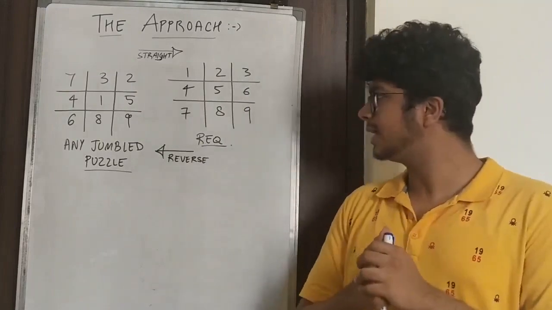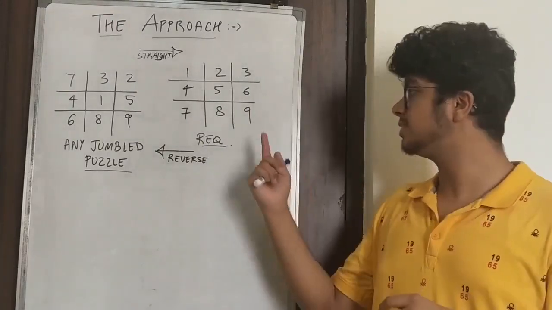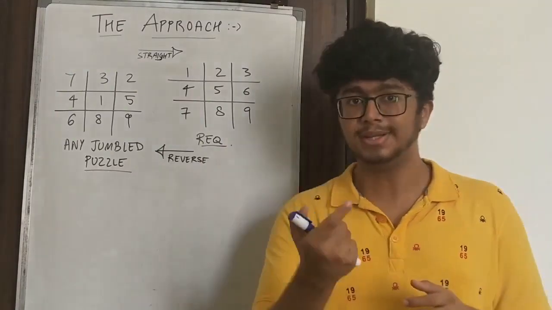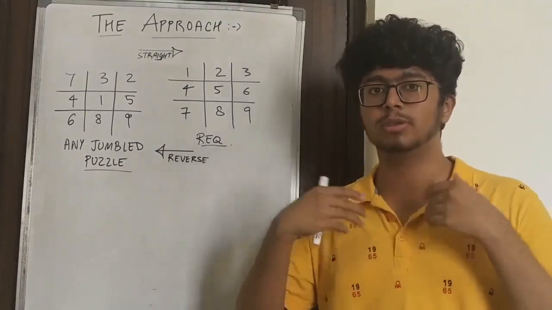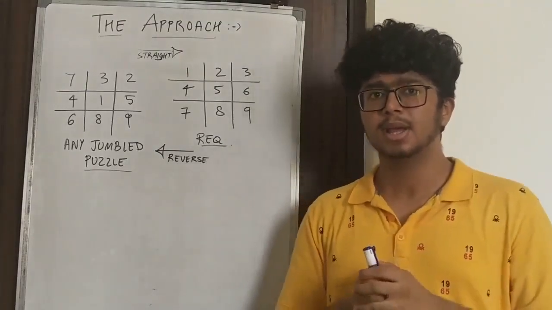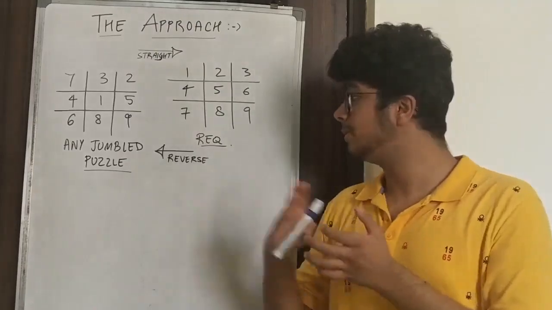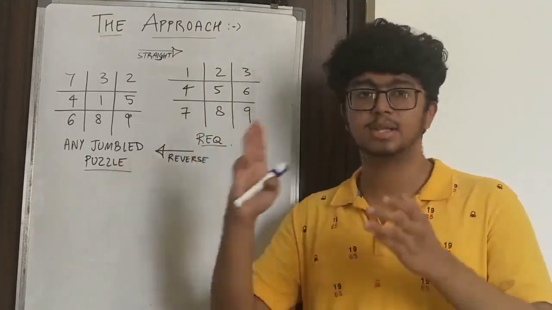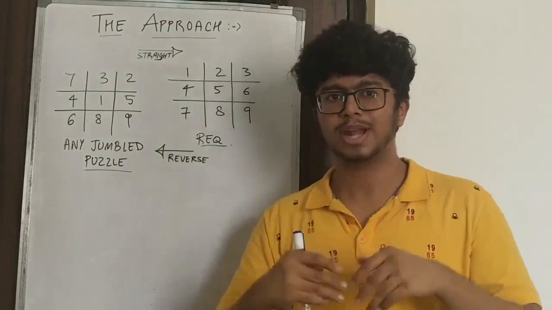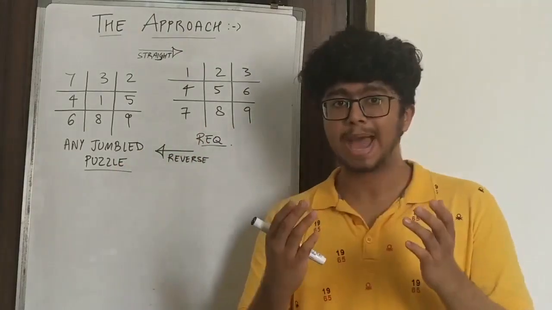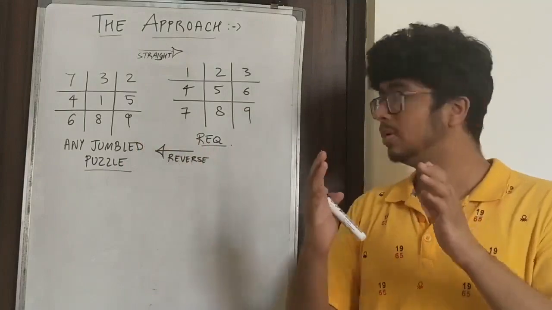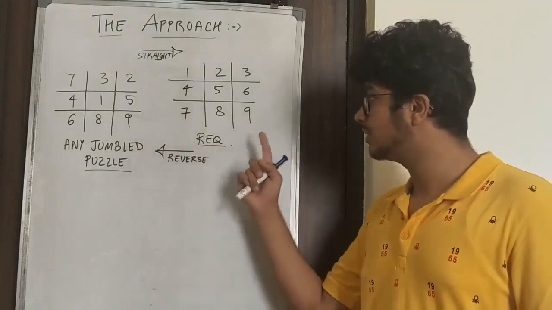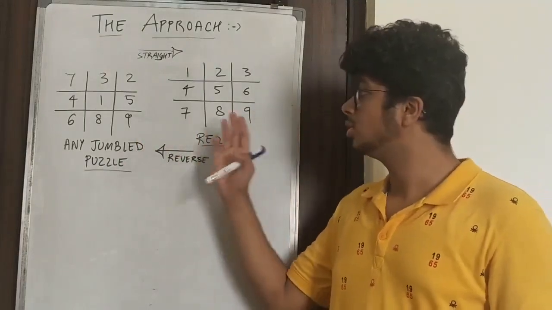Think about this. What if we have this puzzle? We know that this is the required puzzle. What if we generate all the possible jumbled puzzles, because there is a condition of the sum being prime and the adjacent nodes being swapped? Keeping in mind that condition, can't we find all the possible jumbled puzzles and store them in a map, where the key is the puzzle and the value is the smallest number of steps required to get from the required puzzle to this particular puzzle? Don't worry about that, we'll look into it when we code.